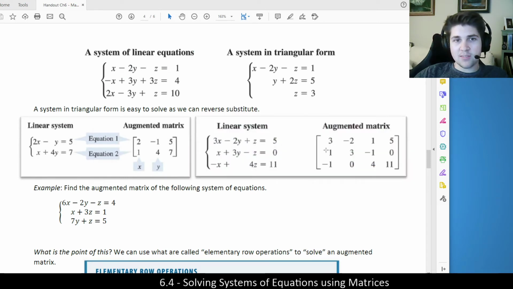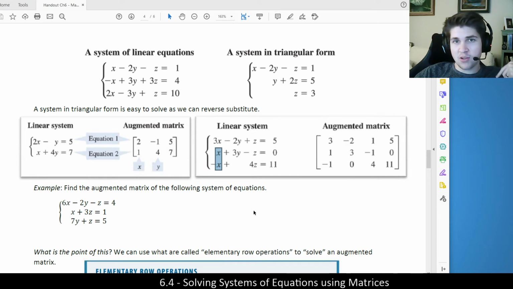I could add this row to this row, which would give me a new row, and that could help me solve it. Technically, you can add any row to any other row you want, but the reason I would choose, say, these two rows is because if I add this one and this one, that would produce 0. And the value of 0 is an elimination of the variables,